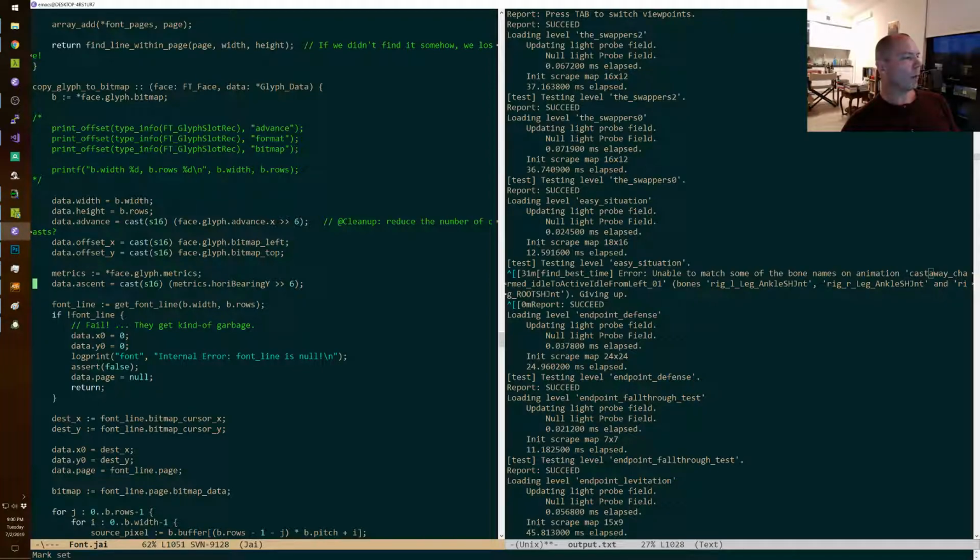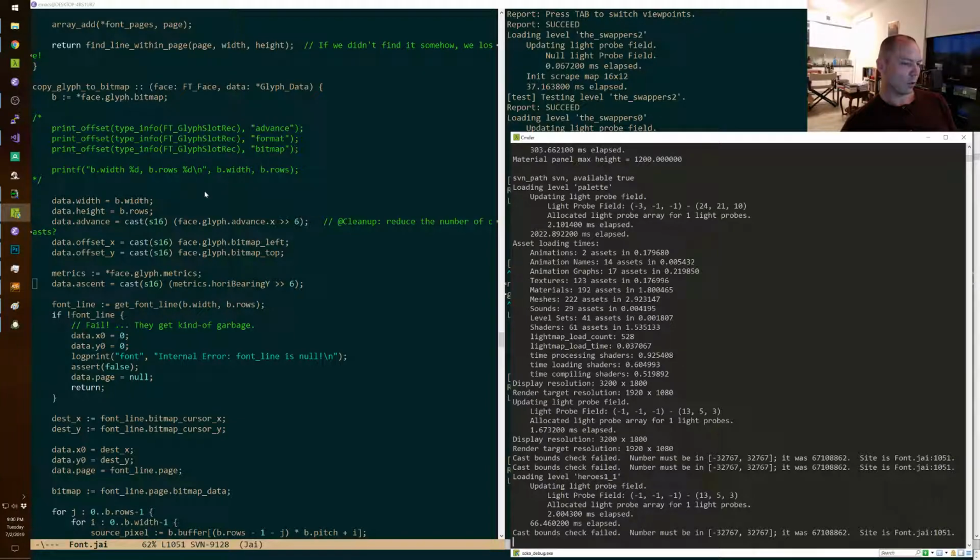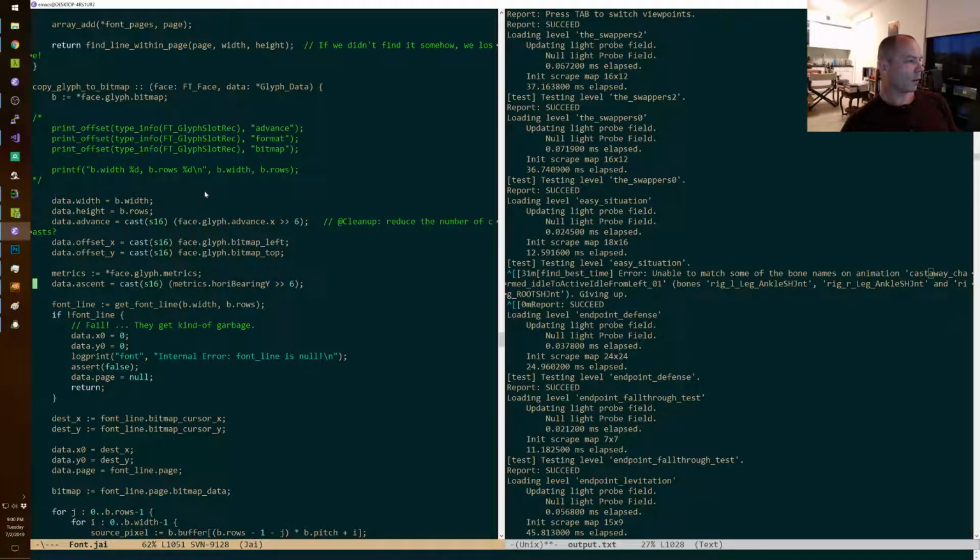See, this is the thing, if you make cast bound checks fatal, all this code here could fail and crash your program if you feed it a bad font, because it's just like, well, I expected this number to be small enough, but it's not. So we need to see what the right policy is there. But at least knowing about them is good. So what? It might be that there are intentionally more bits at the top of this.